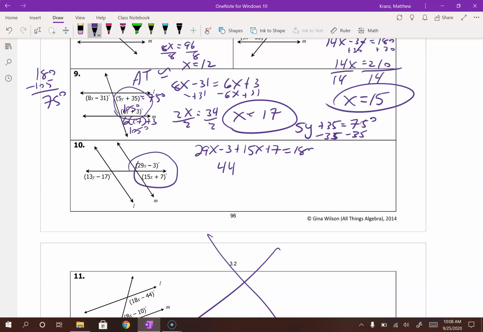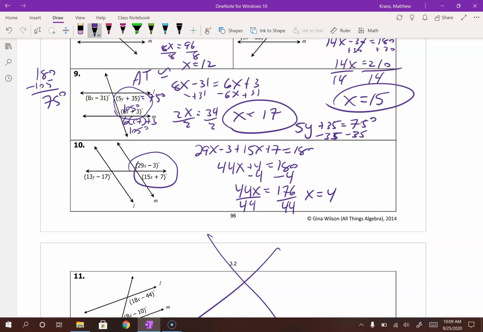So it gets me 44x, and then negative 3 and positive 7 is a positive 4. And those equal 180. Now that I have that, I can minus 4, and 44x equals 176. And when I divide by 44,